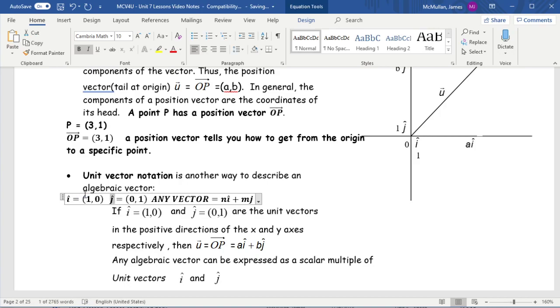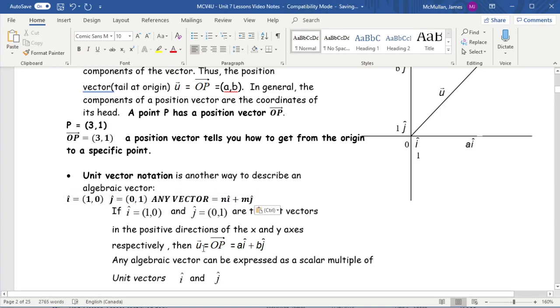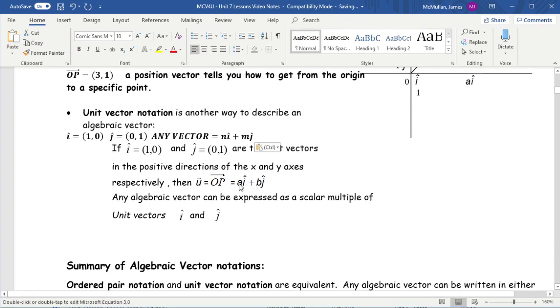Oh, I see what's going on. I'm just trying to copy paste this for the notes so that it's consistent. Okay, so anyway, so here same thing. A and B are their